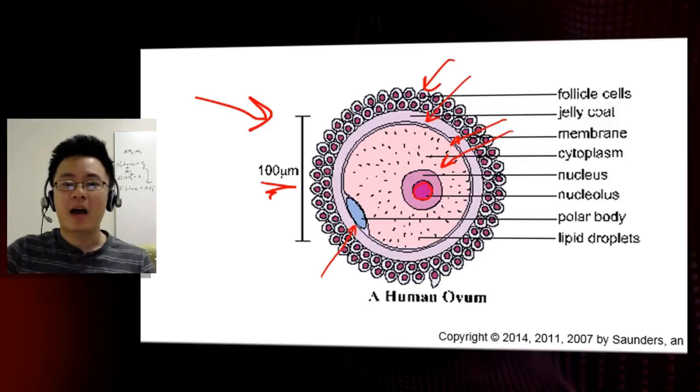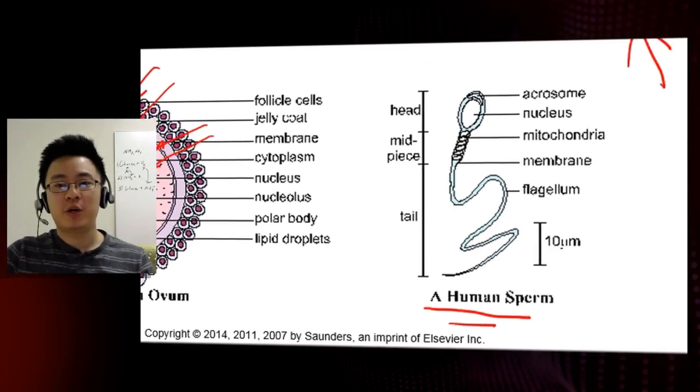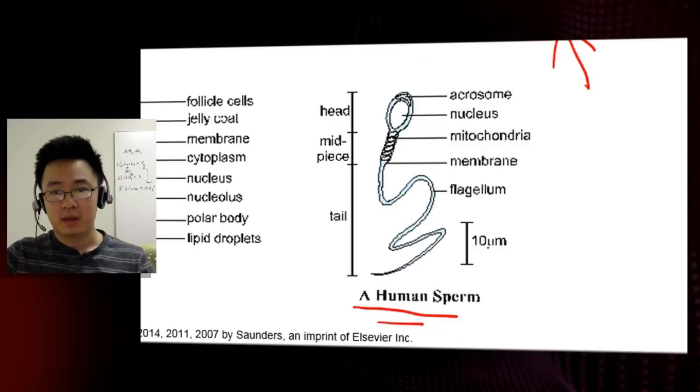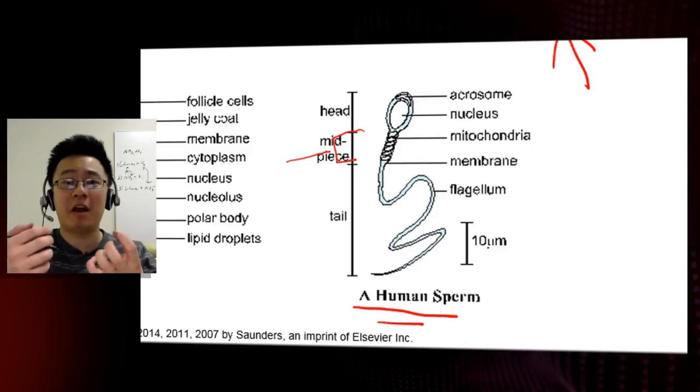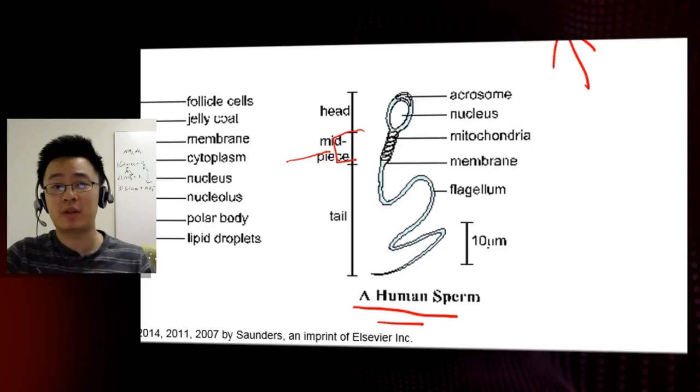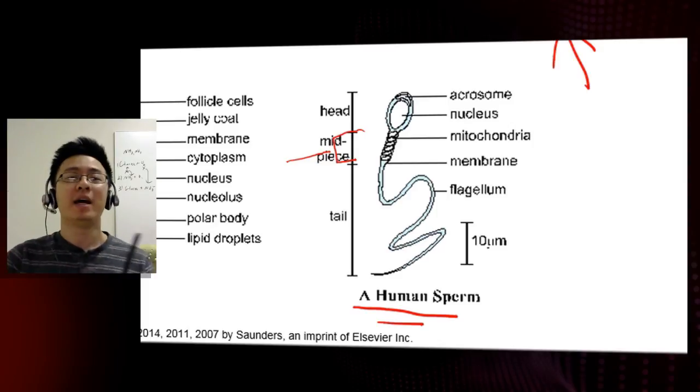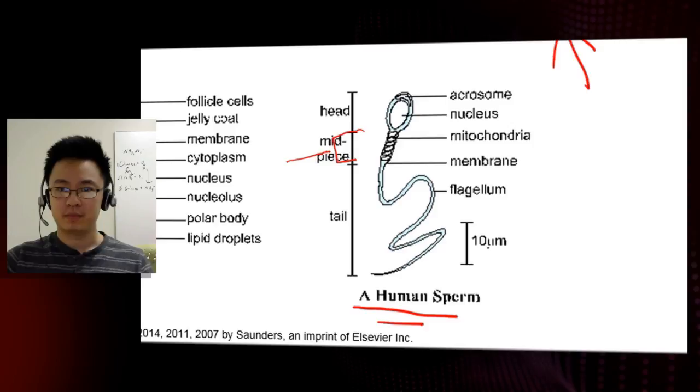Now, the female egg contains that jelly coat, and what happens when a sperm, let's talk about the sperm first. We have here a human sperm cell. As you can see, there's a tail region, and then a head region, and in the center a midpiece which contains those organelles, as you probably remember, known as mitochondria, and the mitochondria provides that energy molecule known as ATP so that the sperm can start wiggling its way toward the egg cell.